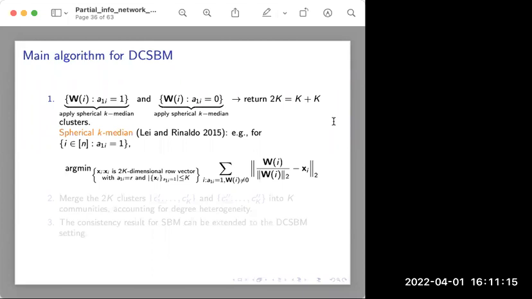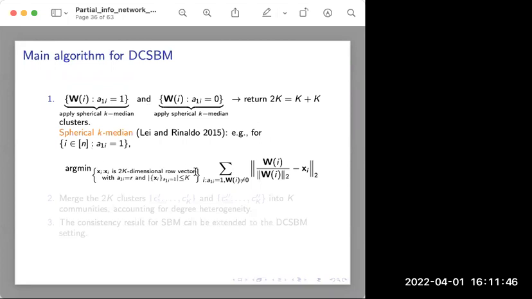So it turns out under this setting, all the theory and algorithm extends nicely to the degree corrected setting, but we do need to make some changes to the algorithm to account for the degree heterogeneity. As before, we first separate the nodes according to whether they are neighbors of individual 1 or not into 2 groups. Then we apply the spherical k-median algorithm instead of the k-means algorithm to do the